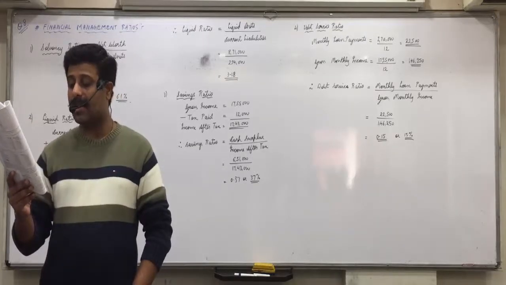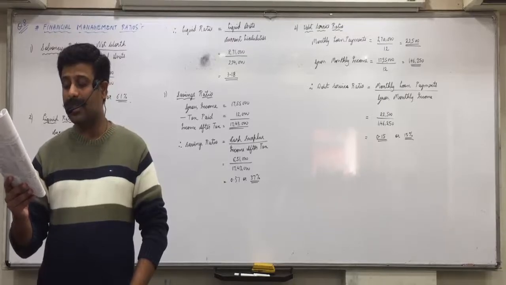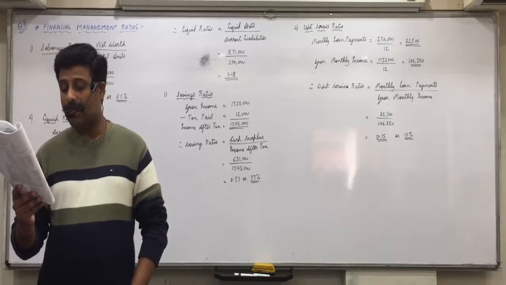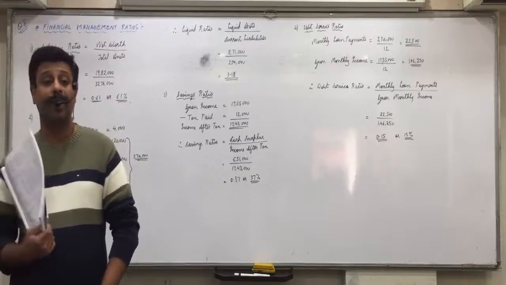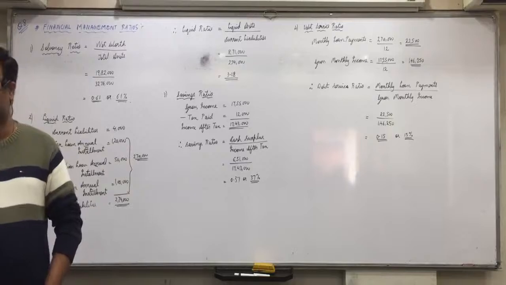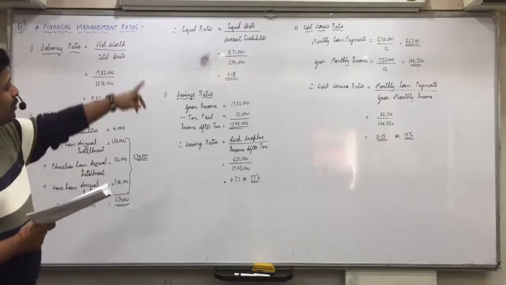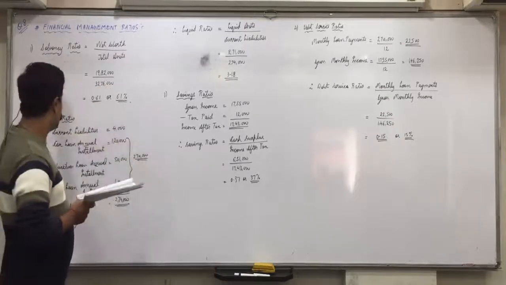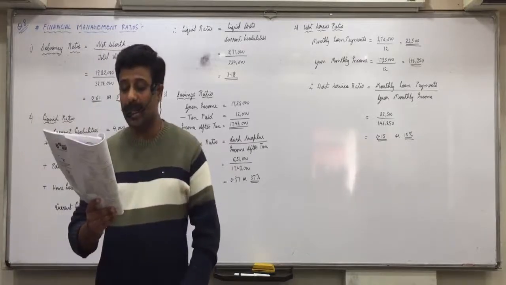You are required to prepare the income statement of the Anand family, then comment on their contribution to savings or investments and the resulting increase or decrease in their net worth, and comment on the financial performance of the family using the money measurement ratios. But all 4 ratios will not be possible to find, because only the income statement is there. So only one of the ratios will we be able to do. We may be able to do the debt service ratio and the savings ratio. These both we will not be able to find. Is everyone clear with this? Let us do the markings.